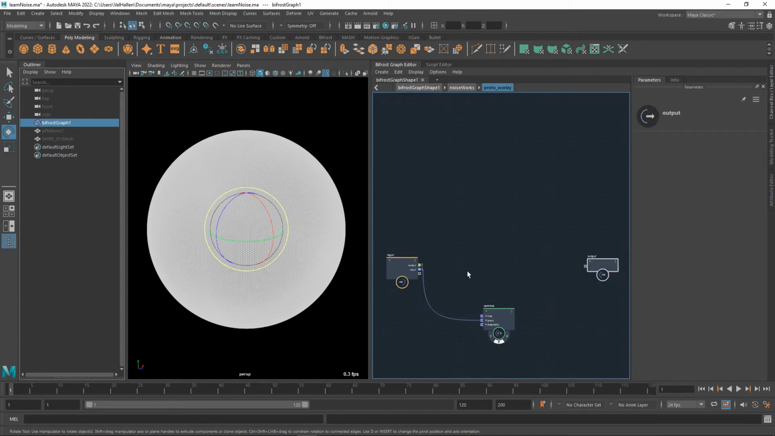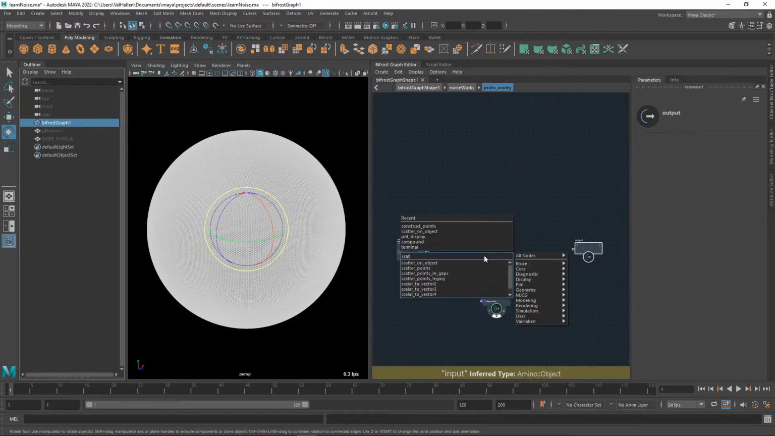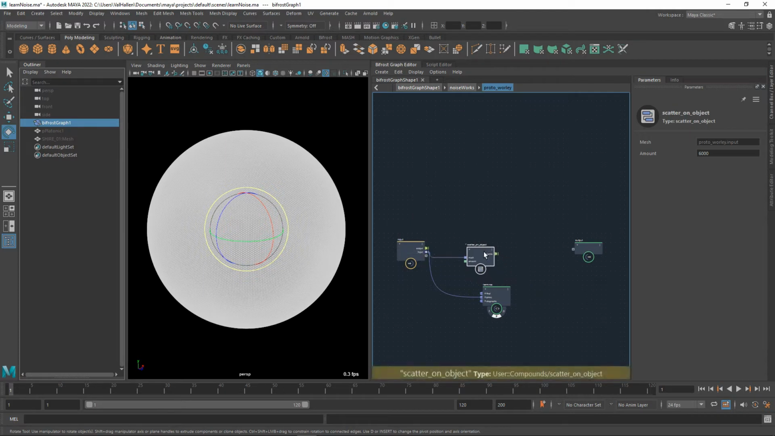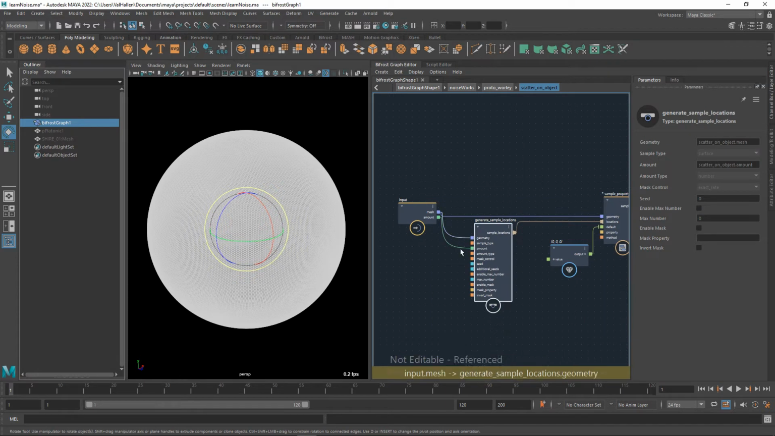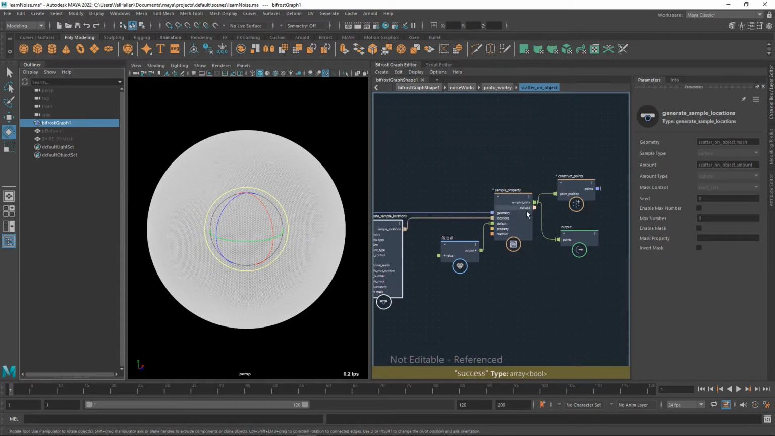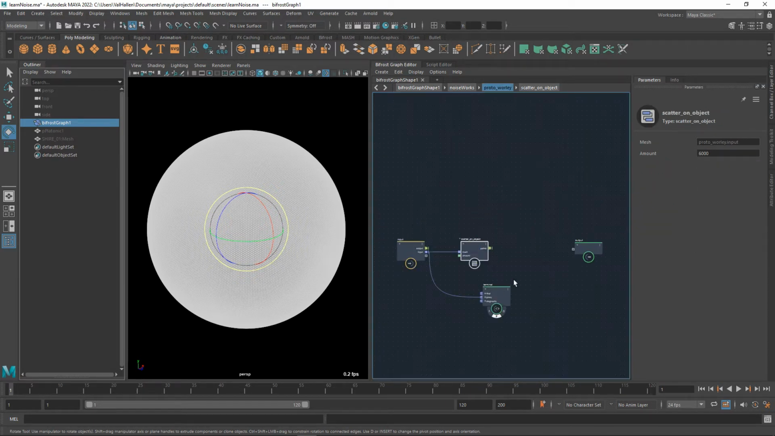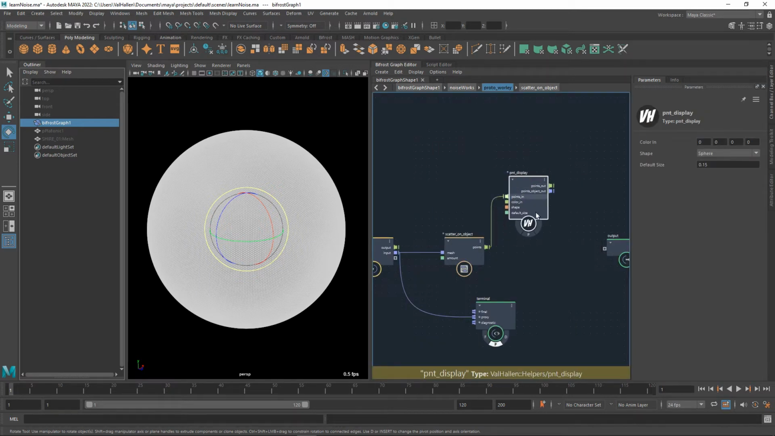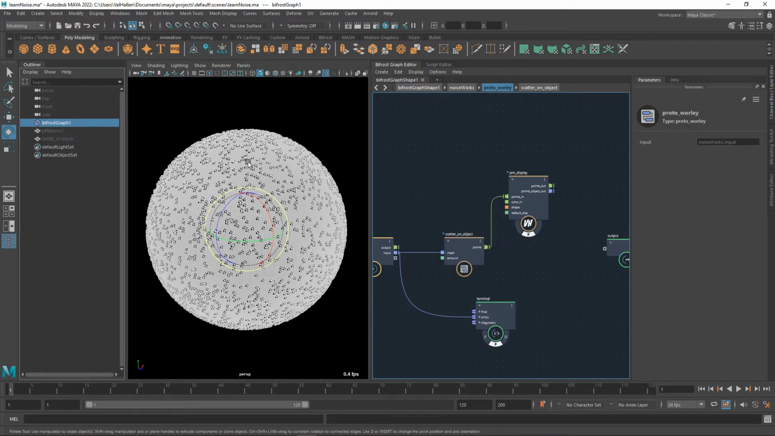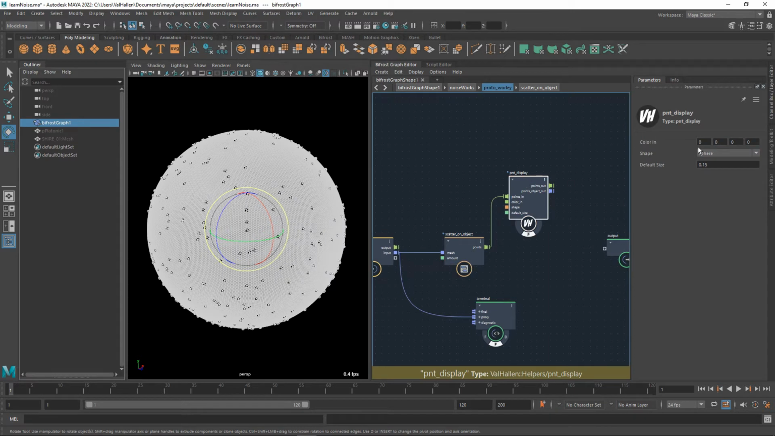Because of the way Worley noise works, if I take this and I scatter some points on it, and this is just a quick node I made up that uses sample locations to randomly scatter points on the positions of whatever you plug into it, get a point display going on. We'll turn that on. Some black points will turn up. There's rather a lot of them right now, because scatter on object is for some reason set to 6,000. So let's go to 600, and we'll give this